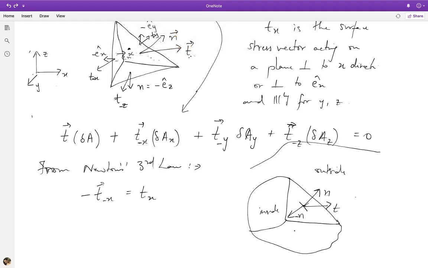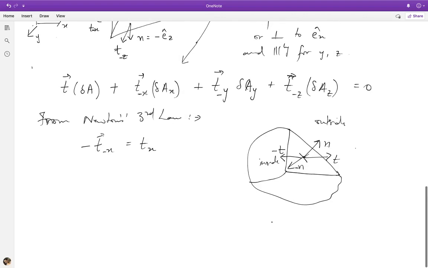This is minus n, and this vector would be minus t, because from Newton's law it has to be equal and opposite. If the force exerted from the inner fluid on the outer fluid is minus t, only then the force exerted by the outer on the inner is t, and it's exerted at the same point and on the same surface essentially. So what we see from here is that quite generally T of n must be equal to minus of T of minus n,